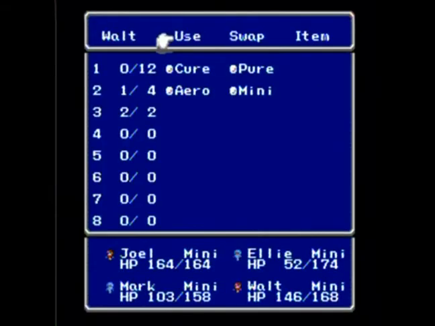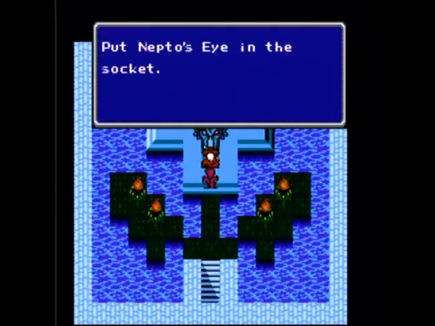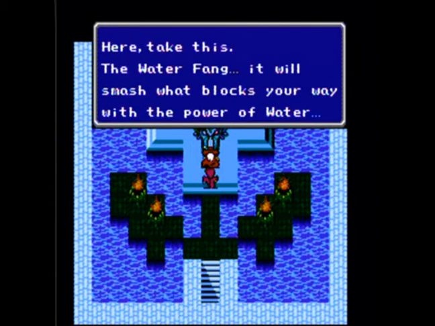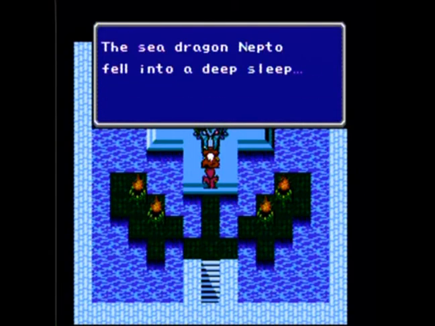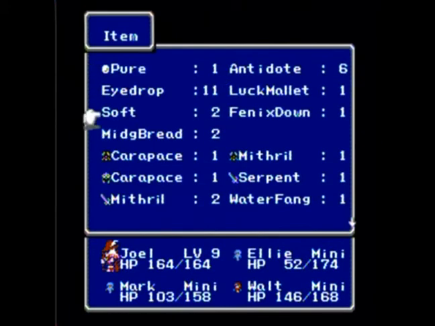And that, ladies and gentlemen, I always do that. Whenever I leave the shrine, I always single cast Mini. But that's okay. I'm out. I think I have a midget bread. 2 midget breads, so...